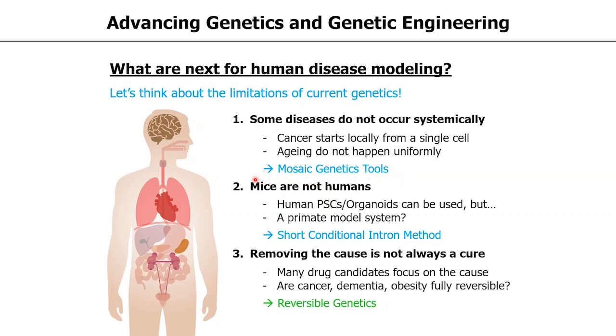And secondly, you all know that mice are not human, so that is the reason that we are working with the human pluripotent stem cells and organoids. But there are also people who are thinking about using primate model systems. However, as you all know, for example, the conditional knockout method is available in the mouse, but doing the same in other species is still very challenging, and I think that it is not yet available in the primate model